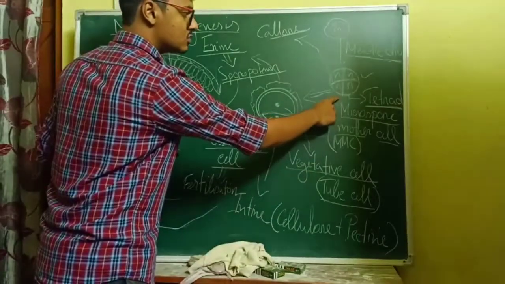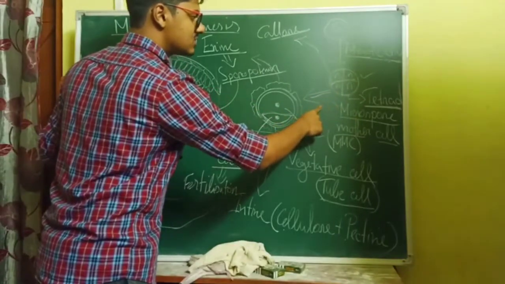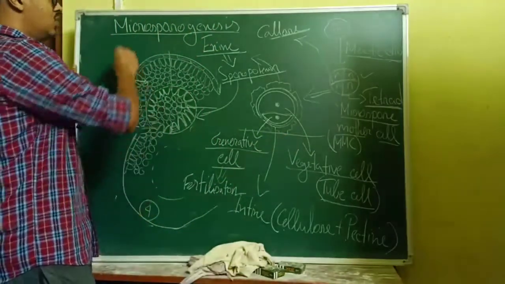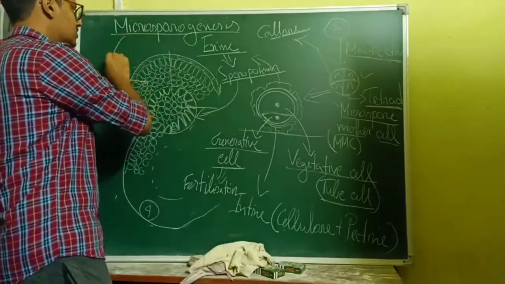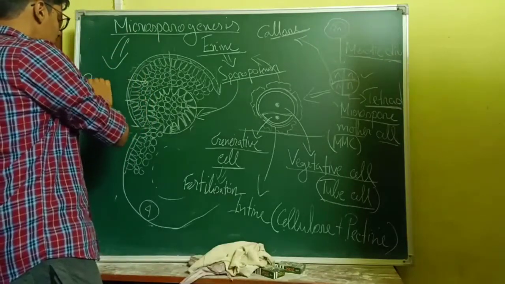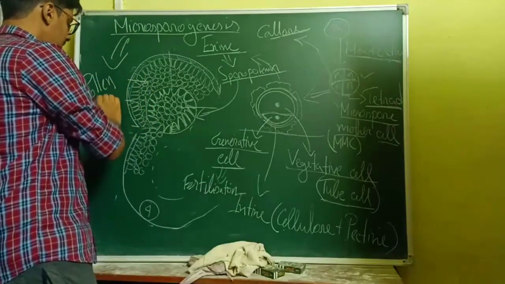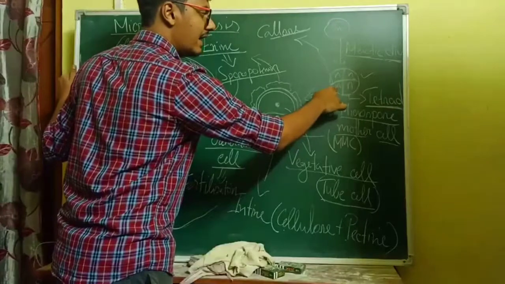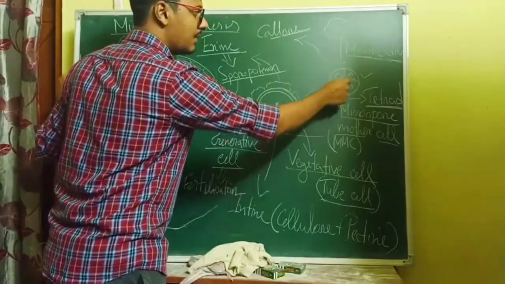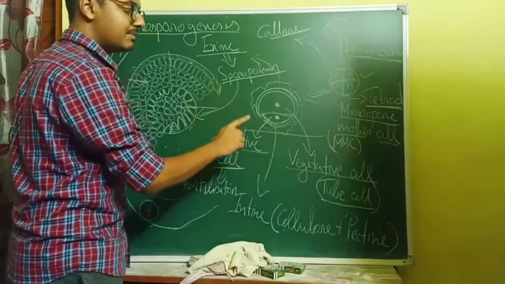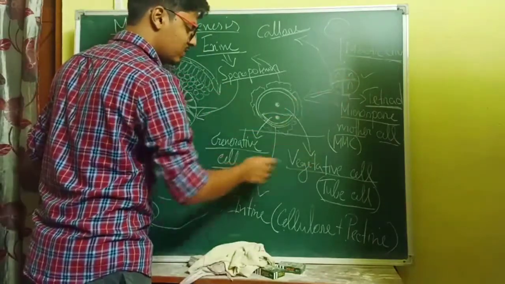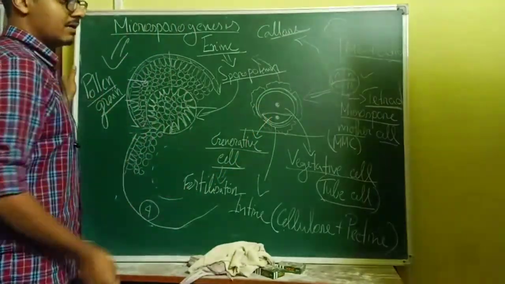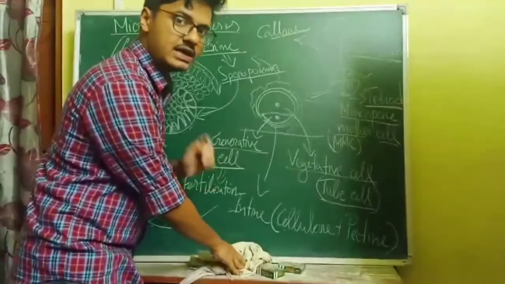Now we have that microspore. Look, this was called the microspore tetrad, right? After that this was called the microspore, and from that microspore we now have the pollen grain. So we have seen microsporogenesis, and also how the pollen grain is formed. Which stage is called microspore? When the tetrad has formed and the spores have come out, the tetrad has broken. That stage is called the microspore. After that, when exine and intine form and this cell divides, we start calling it a pollen grain.